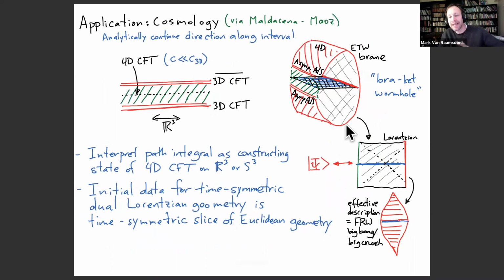Okay, and so once I have that Euclidean picture, the Maldacena-Maoz idea is somehow, well, if we could analytically continue that, that would give us the cosmology. But I can be a little bit more precise about what the meaning of this analytic continuation is. And so that's what gets us back to the original picture. So the idea is if we take this Euclidean theory and we think of this path integral and then slice it in half, then the bottom half of that path integral generates a state of a Lorentzian 4D CFT. So just like I described, it generates the wave functional for some 4D CFT state.